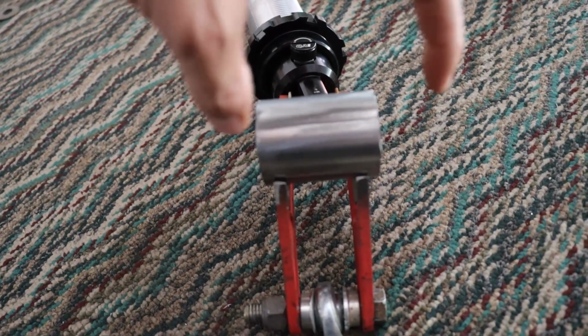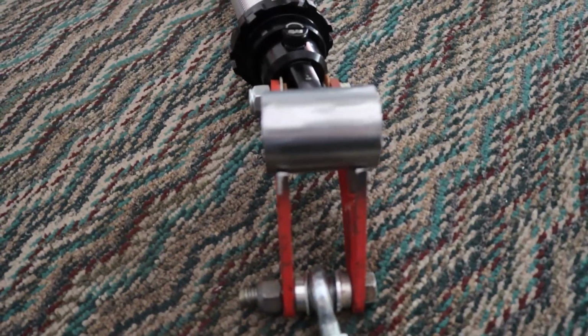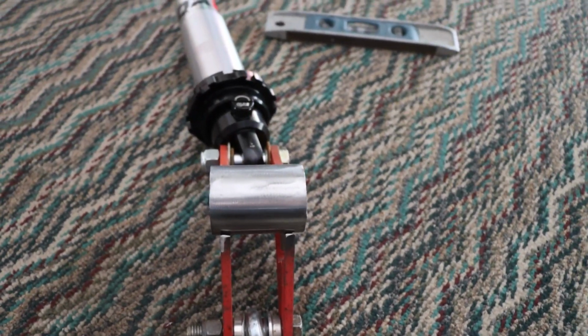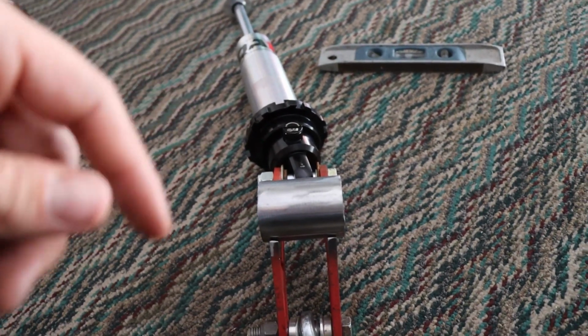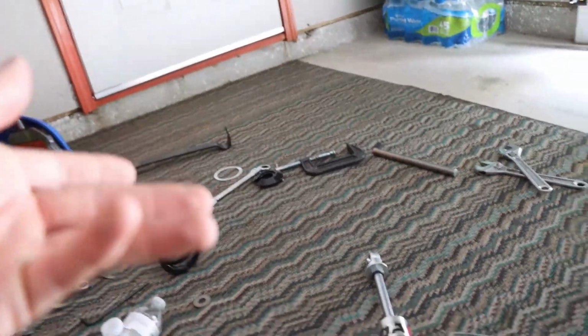So I will need a really long 1/2 inch bolt, but I'll have to go get that either today or tomorrow. It just depends. But at least I can get this situated, you know what I mean? And then go about tacking it on, bolting it all together with the bearings inside, and getting the spacers lined up. Then I can bolt it, start tacking everything, and then make the mounts on the chassis,